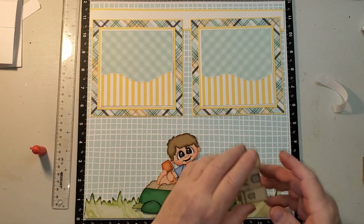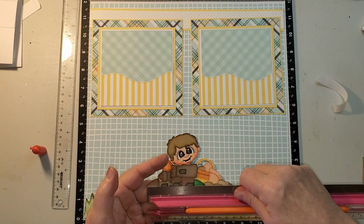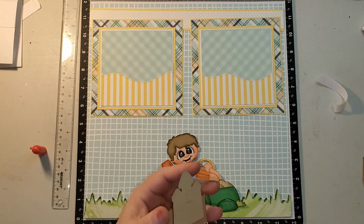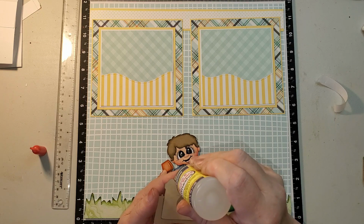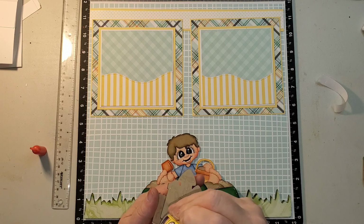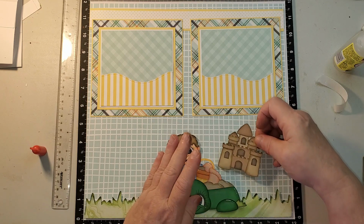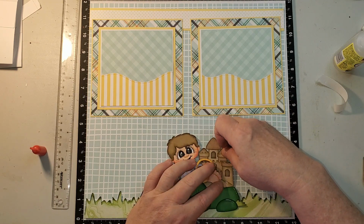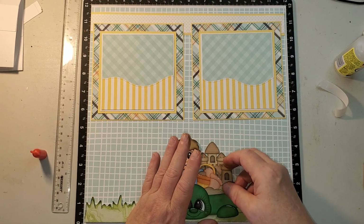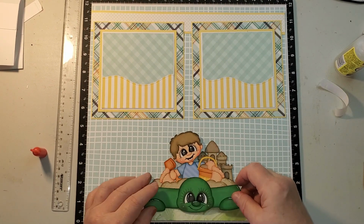This piece is cut at a different ruler. It's not real big. It's about 2.5 by 2 1/4. It was hard to get papers that were similar and yet just different, just enough off so it looked like there was wet sand and then drier sand. So, okay, let's put him back,